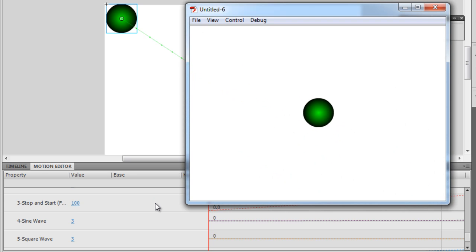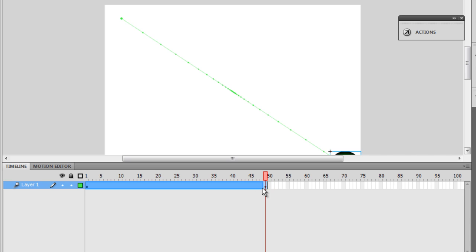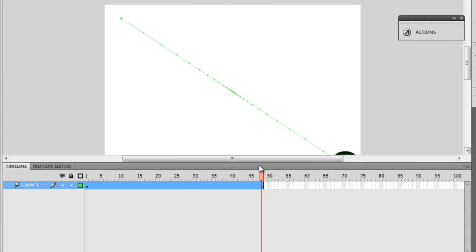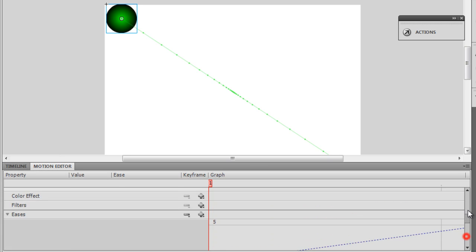Okay, I'm gonna do something. You can see that it starts off fast and ends up fast. In the middle it kind of slows down, but it's still not very clear. So what I'm gonna do is take it from 72 to, let's say, 48. Right, maybe it'll be more prominent now. Control Enter on the keyboard, guys. Yep, can be seen quite clearly now. Okay, let me go back to frame number 1, hit motion editor, and this time, guys, let me go back